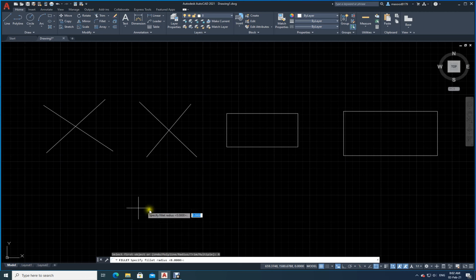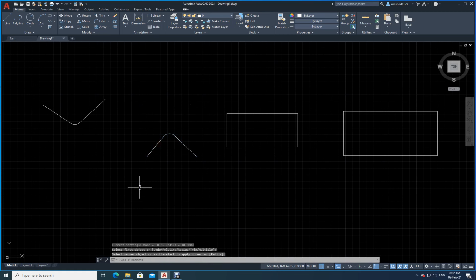Now if I give some radius, let me just click right and type 10. If I give 10 as the radius, now let me select this line and this line. See there, nicely it has selected. Now what can I do? I can press the space bar. The moment I press the space bar, I go back into the fillet command, or you can right click and select. Now let me select this part of the line and this part of the line. See, now you have got a fillet but in the opposite direction. So while creating a fillet, you have to be careful which side of the lines you are selecting, right?